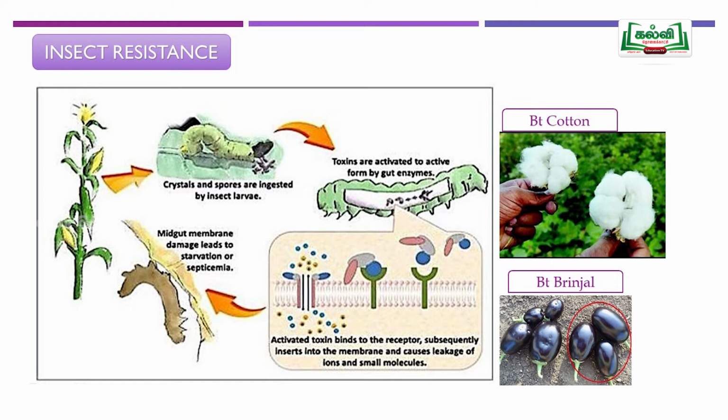Here we have to use one of the important genes, the Bt gene. Note, dear students, the Bt gene is the Bacillus thuringiensis gene. It is isolated from that particular bacterium, Bacillus thuringiensis. We have to isolate the Bt gene and transform it into a plant, so we raise a transgenic plant which possesses the Bt gene.